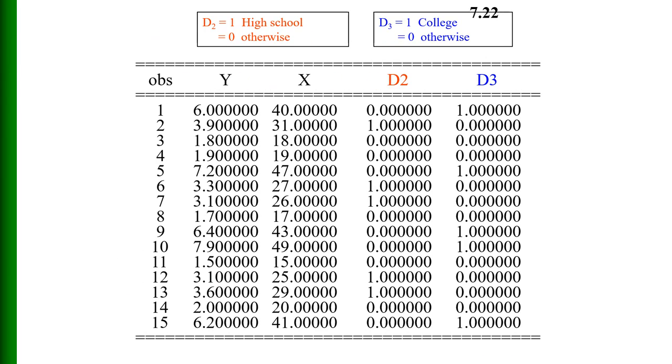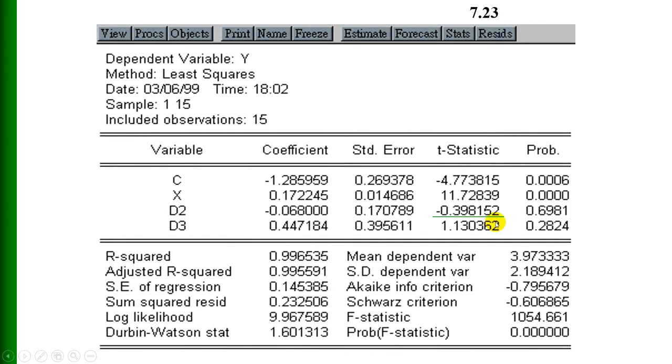And this is the data. These are observations for y, these are observations for x. D2 is equal to 1, and here D3 is equal to 1. There are three categories, so we use two dummies. And this is the regression. We are using two dummies, and this is variable y, this is constant, this is x, this is D2, and this is D3. If you look at the t values, that is t statistics, the coefficient of the constant is significant